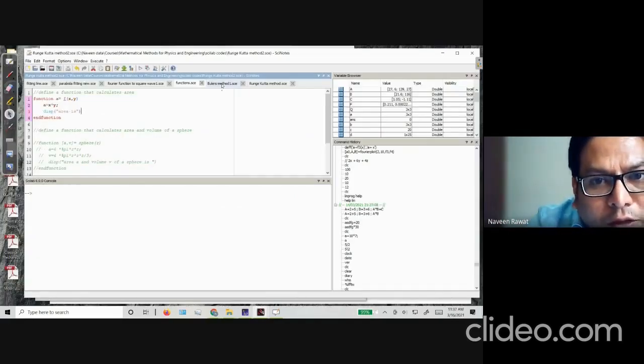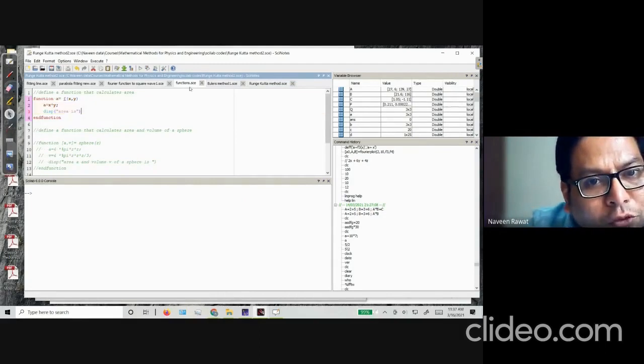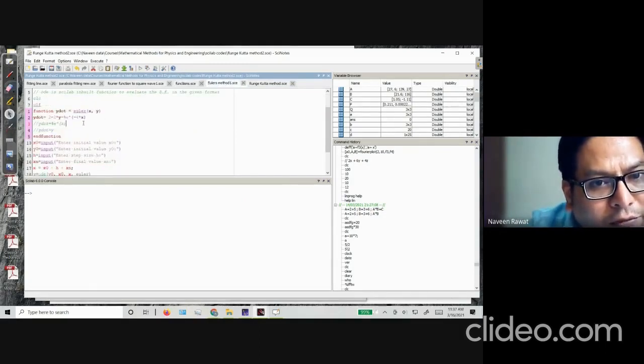Before we study the Euler's method and RK4 method to evaluate differential equations, you should know the basic thing: how to define a function in Scilab. Once you define a function, you can basically call the function in the program like we are doing in the Euler's method. Okay, so